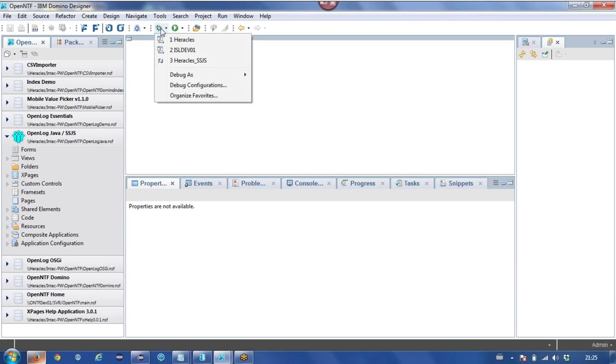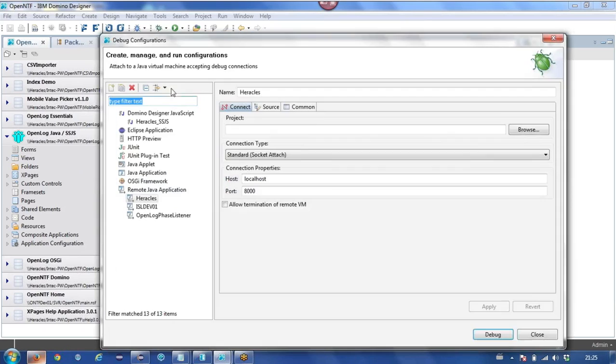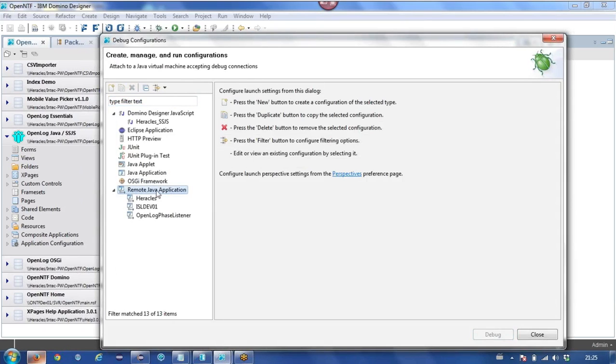So you've got this little bug icon, and I've got my debug configuration set up already. Initially, you won't have any debug configuration set up, so you click on Debug Configurations, and there'll be nothing under this Remote Java Application. You're debugging a remote Java application, because that's what an XPages application is.